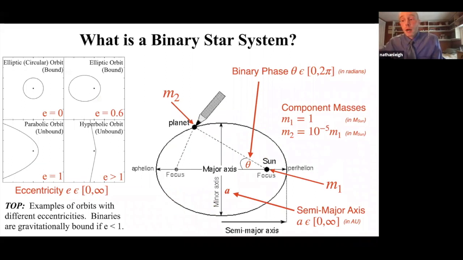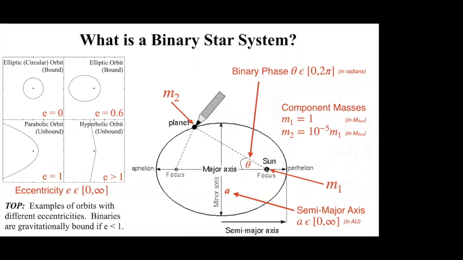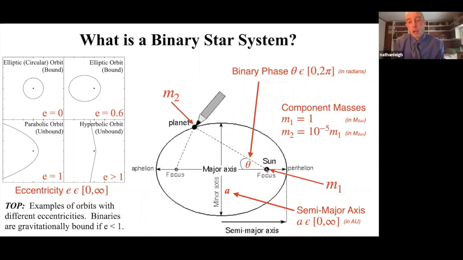And so what is a binary star system? As I said, they're gravitationally bound pairs of objects, and they can be defined according to many parameters, typically called the orbital parameters. And one example is the component masses of the binary. So in this particular case, we're actually showing the sun with an Earth-like analog, a planet in orbit about the sun. And so we can look at the component masses. So for the sun, the component mass is 1 solar mass, whereas for the planet, it's about 5 orders of